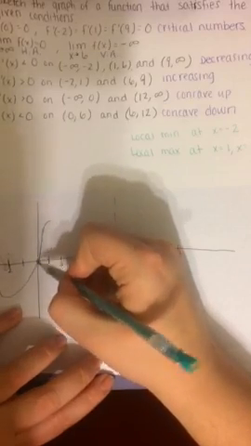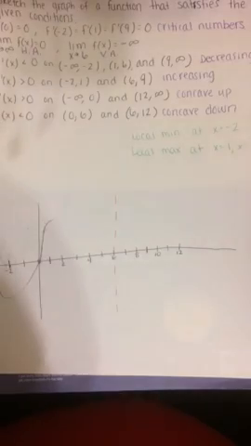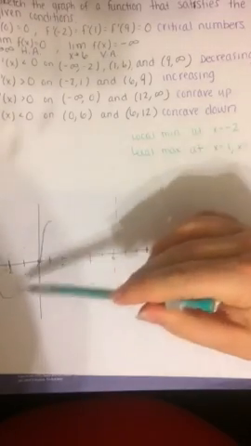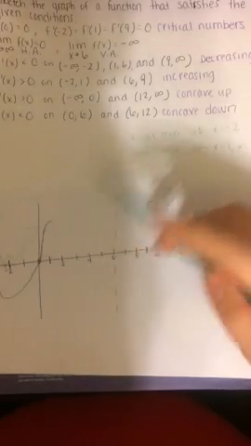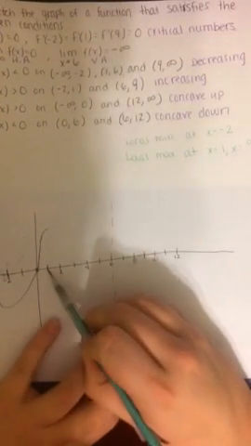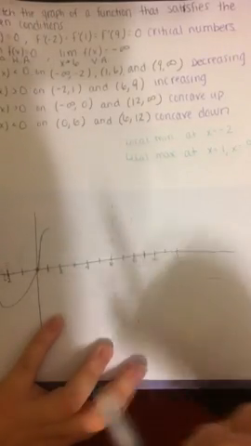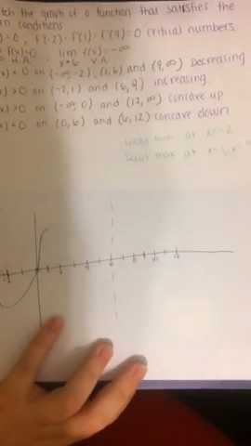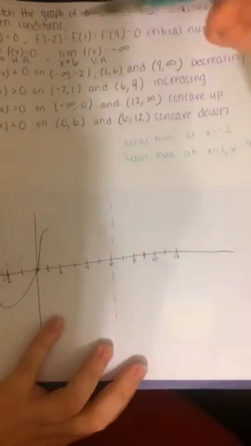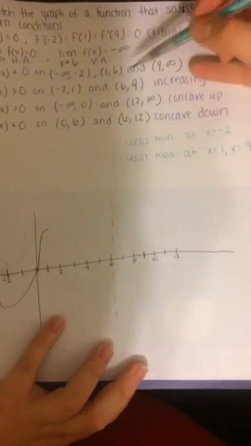So increase but concave down. Mind you, we don't know exactly where the points are for the local min and max because they don't give us enough information for that. But then now we're at 1 with the local max, and from 1 on, from 1 to 6, it's decreasing,